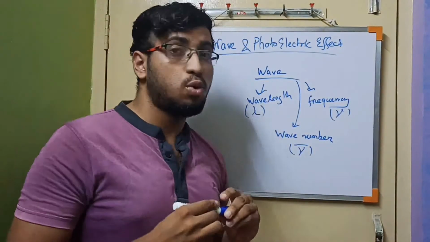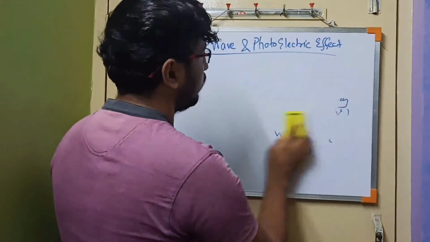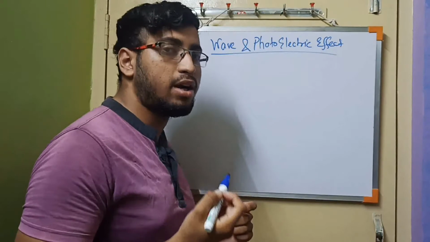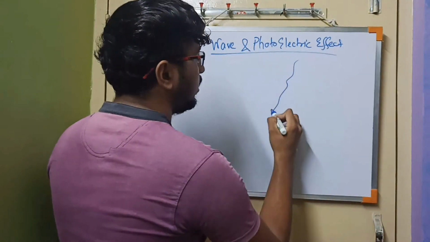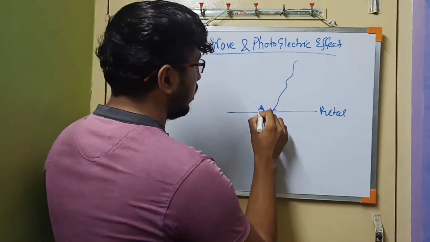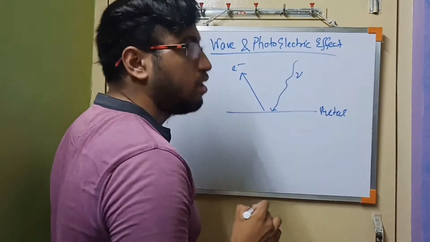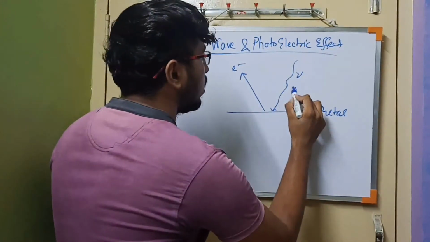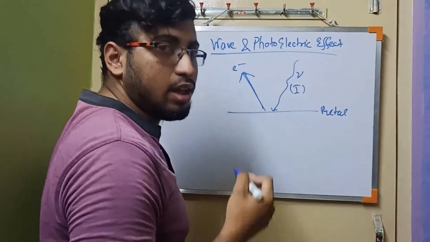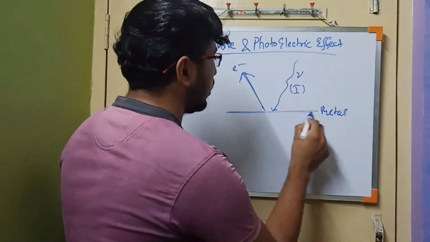Now we have to know how wave is related to the atoms. Specifically, when a light with a particular frequency is incident on a surface of metal, a certain amount of electrons are emitted from it. So these have a particular range of frequency and a particular range of intensity. Now the process by which electrons are radiated, that is called the photoelectric effect. So this is a metal surface.